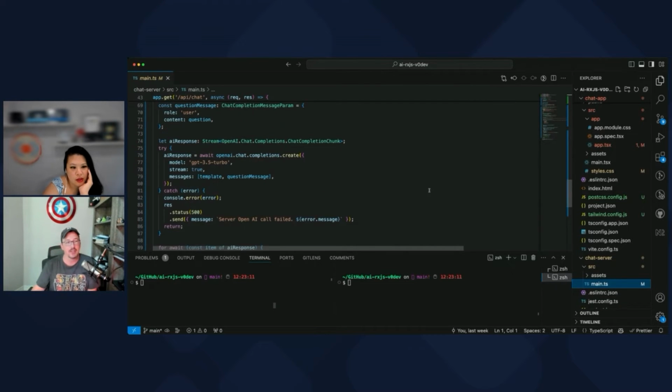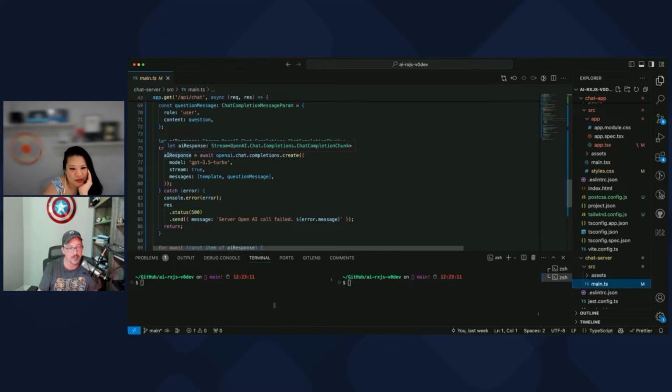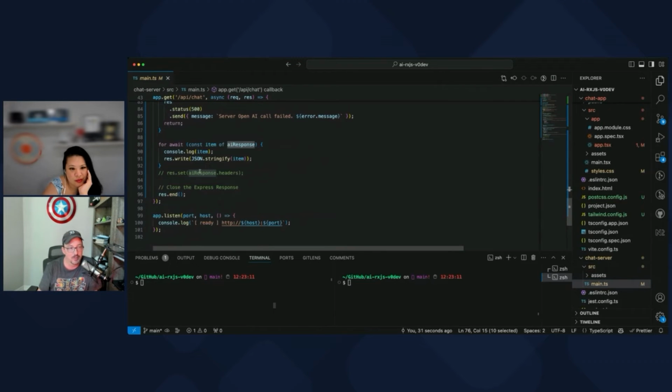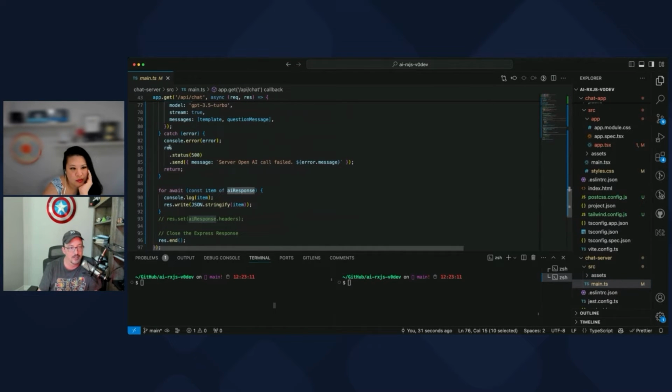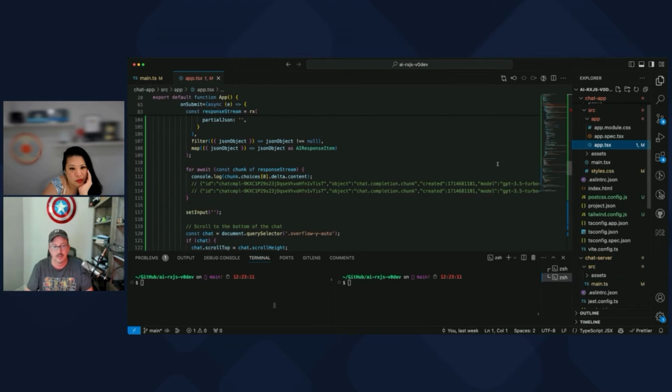So how do I put this? Right now we've got this streaming response, and we're taking it, awaiting it with a for loop and then just writing it out here. Honestly, I think we should probably use a WebSocket because it would make our lives a lot easier. Because what happens on the other side, if we're using regular HTTP streaming, here, let me open up the app side.